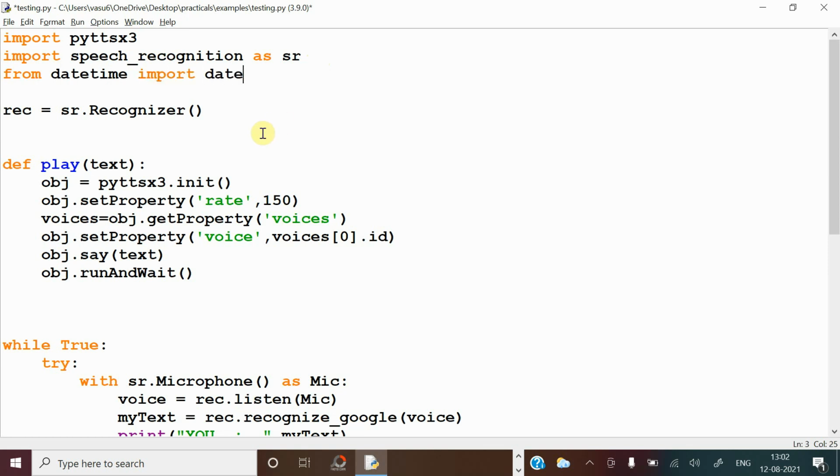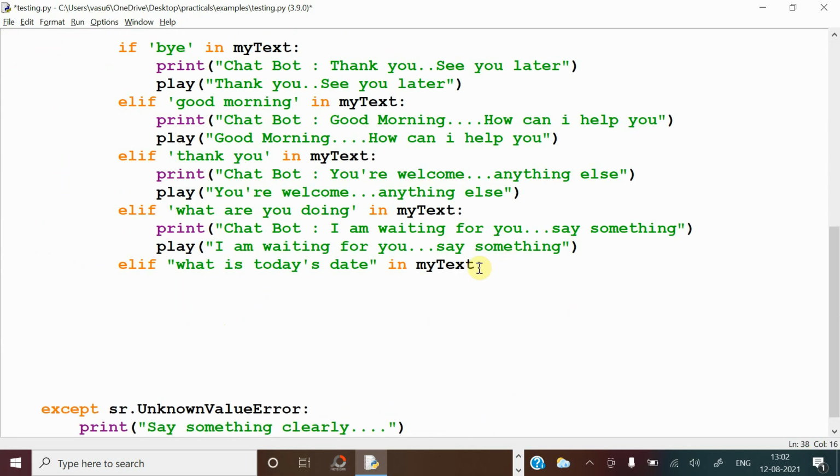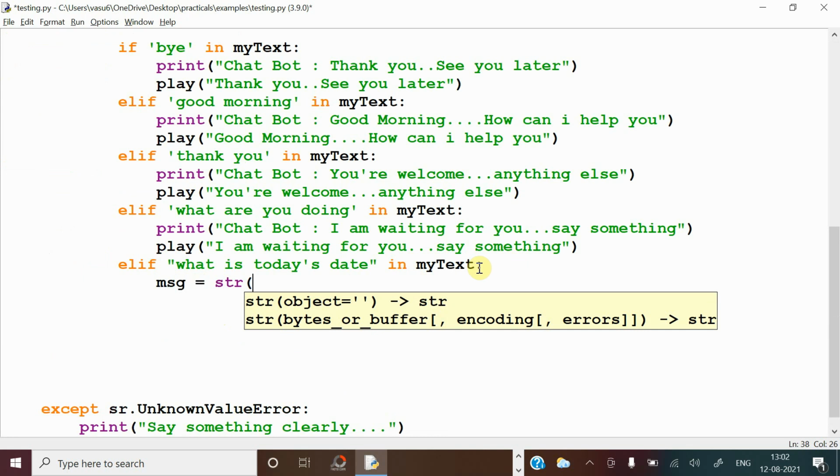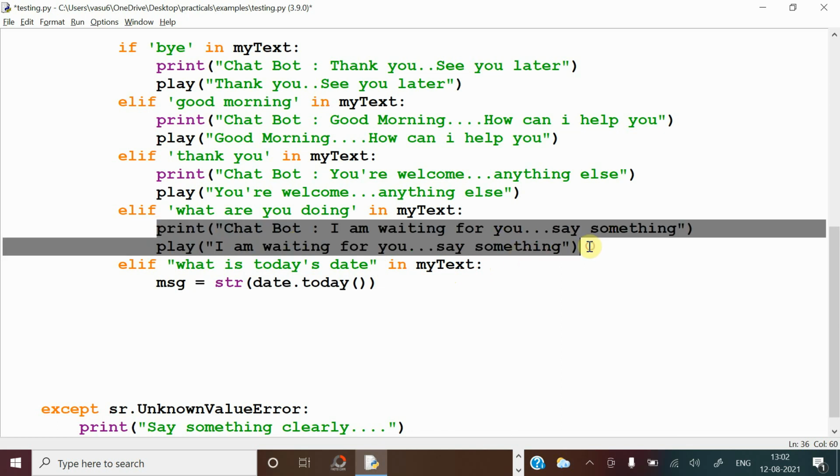date. Now what you have to do is simply call, by using the date module, the today function. So let us see what messages are to be displayed. Message equal to, you should convert it to string format, because here we are passing the parameters in the form of string. So date module dot today. By calling this function, automatically you will get today's date. Now whatever date is there should be displayed here by using the print function.